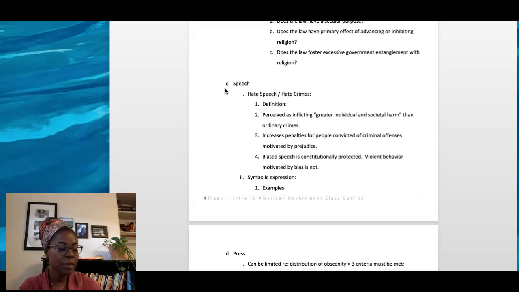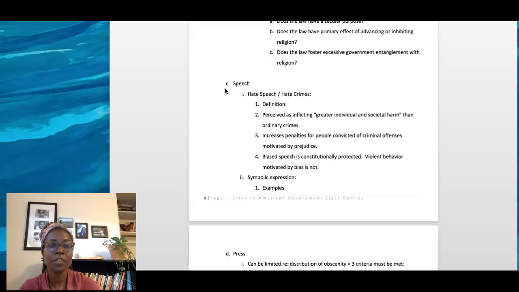Now, it's also important to keep in mind that you can even express political views if they're hateful, if they're hurtful, or if they're controversial. So just because people don't like them, people may actually feel hurt by the expression of your views. You may feel like those views are particularly hateful, but that does not prevent an individual from having freedom of speech. And one important Supreme Court case was Snyder versus Phelps, wherein the Supreme Court ruled that Phelps,